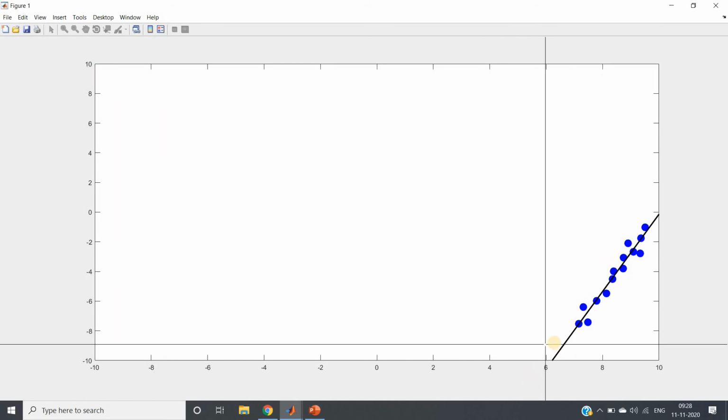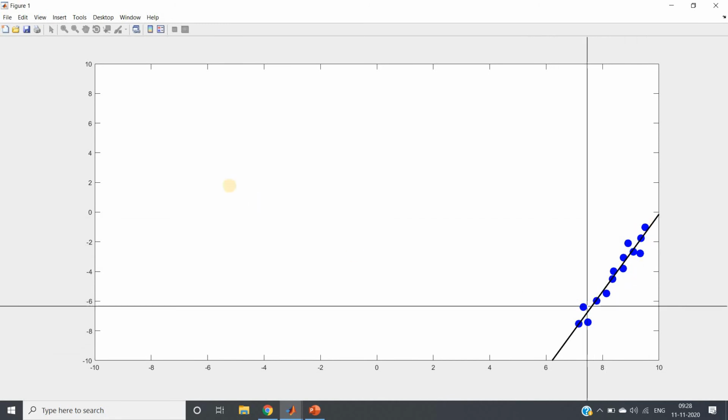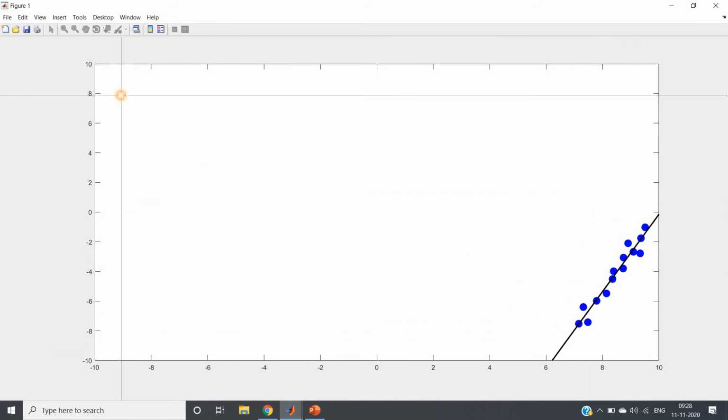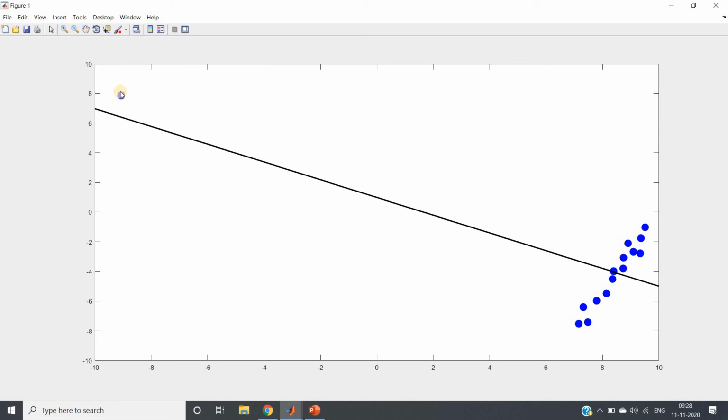See, perfect linear regression is happening up to this time. As soon as I put one point here, due to this outlier, see how much my actual linear regression is deviating. So this outlier is also dangerous.